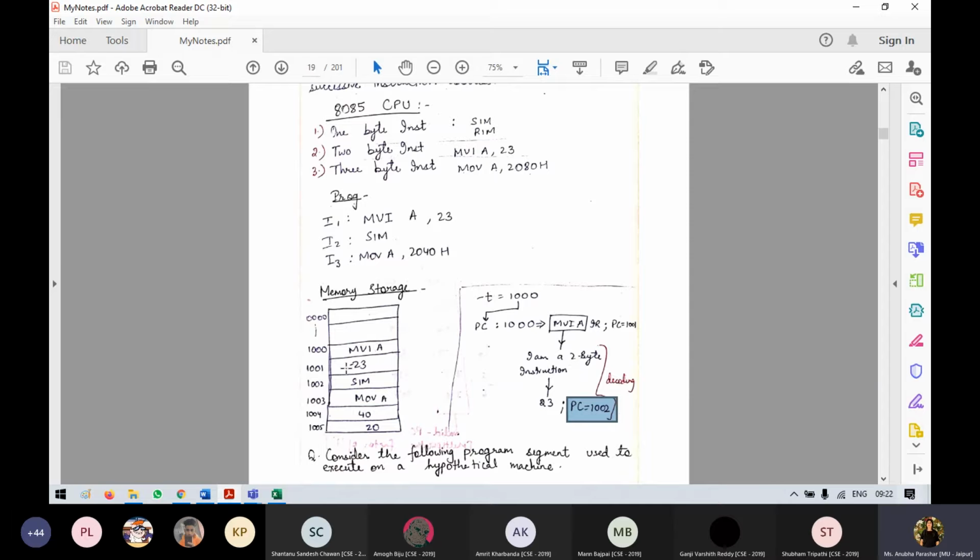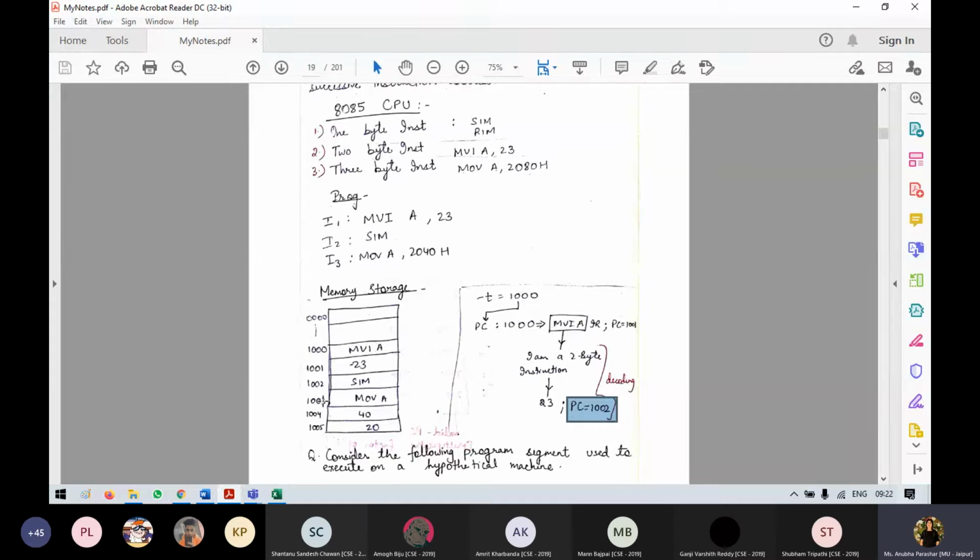As it was 2 byte, this value 23 will be moved to A. But this is done at execution. So this is just an explanation that it is one instruction. Next, at 1002, this will be fetched and the program counter will move to 1003.